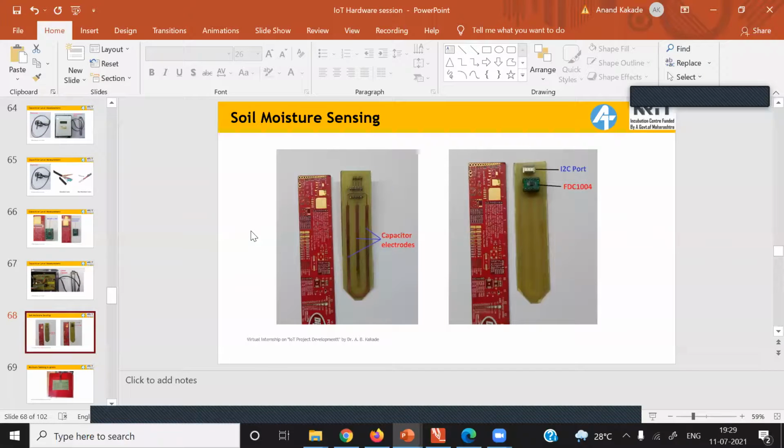The procedure of calibration is the same for soil moisture measurement and fuel level measurement. Just get the data from the sensor in the absence of fuel, for example, then when fuel is 10%, when fuel level is 20%, when fuel level is 50%, and so on. And process that data so as to convert it to the quantity being measured. It may be the level of the fuel, or it can be the moisture content, and so on.